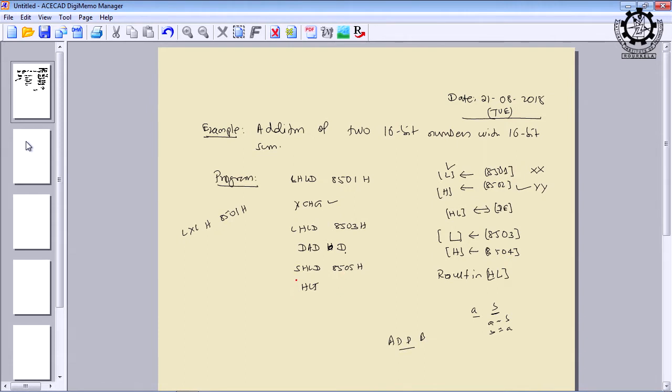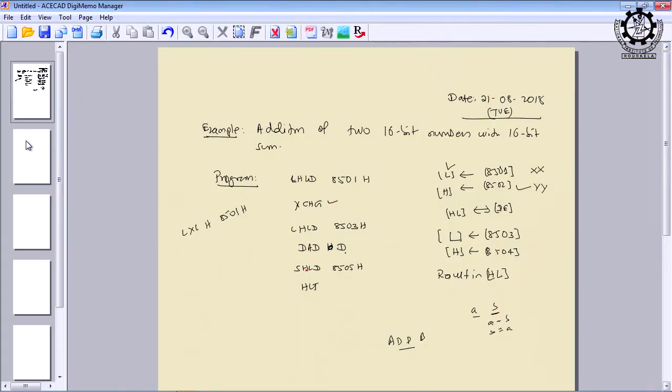So, just write SHLD, that means store the content of register pair HL. D stands for direct, this is how we can pronounce. So, S stands for store, HL is the register pair and D stands for direct. Direct means it follows the direct addressing, and once it is following direct addressing, the memory location address should be specified in the instruction.